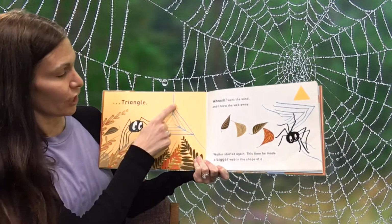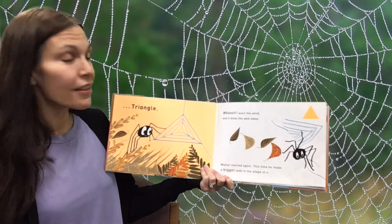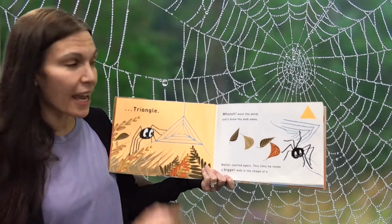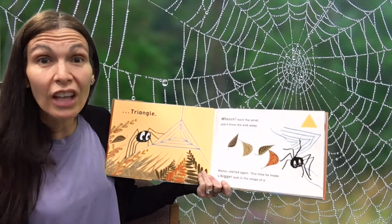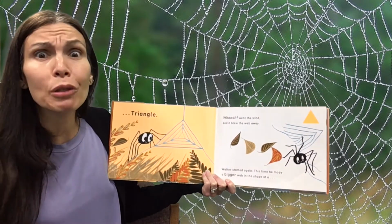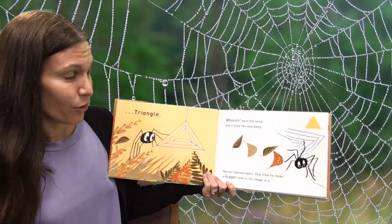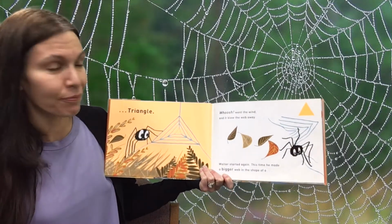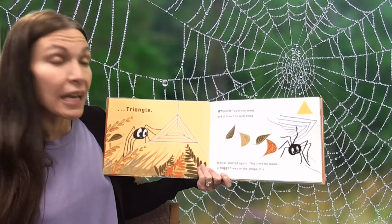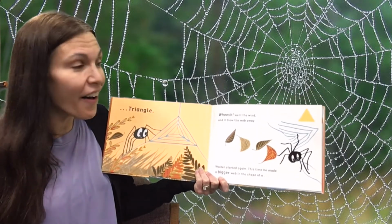What is this shape? It's got 1, 2, 3 sides. That's right, a triangle. Now here's your line. Whoosh went the wind, and it blew the web away. Walter started again. This time, he made a bigger web in the shape of a...